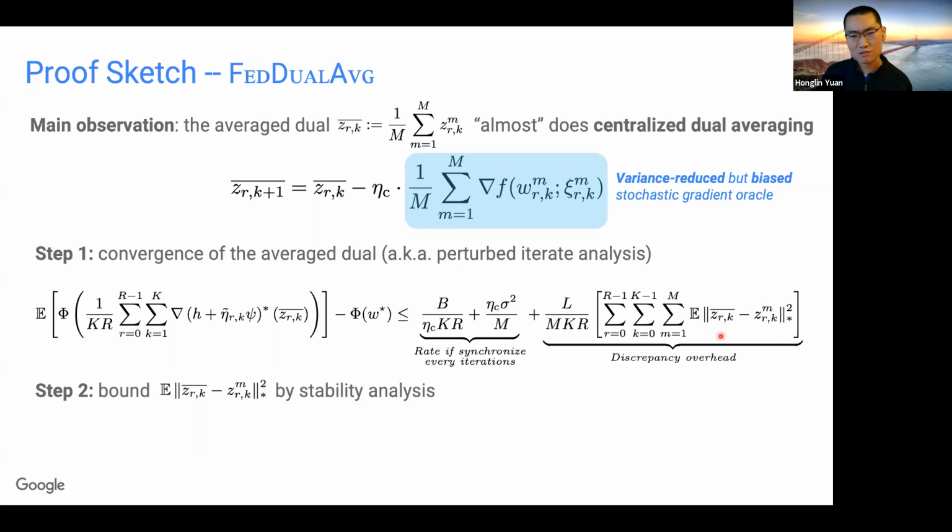And the second step will be to bound this term. This term corresponds to the stability characteristics of the ZRK. It's like you run dual averaging from the same initialization, but for a few different instances. Since each instance suffers from some noise, you can see that this will deviate from the mean after a few steps. And we have to show that this one does not grow too fast as you run the algorithm. For federated averaging, the benefit is that because of convexity, when you run gradient descent or stochastic gradient descent on this, you are almost pointing in the same direction. So this stability term cannot grow too large during the